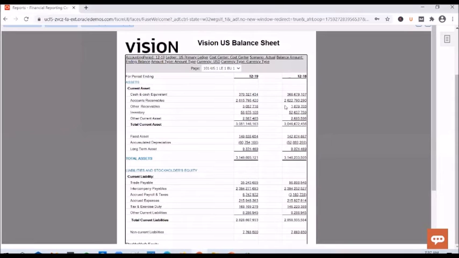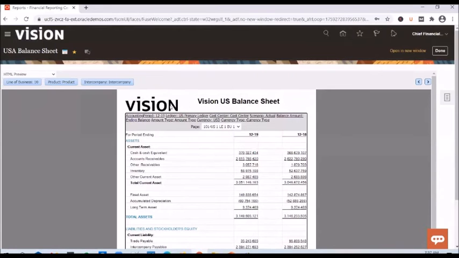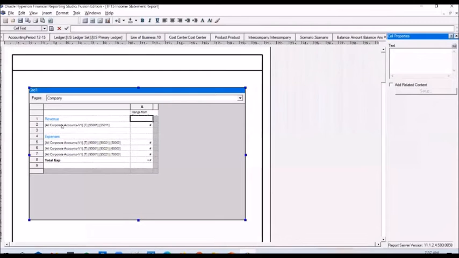And yes, we did configure the rows. We have seen how to select a row and give a custom heading. We have also configured the columns now. And let's see how to add these point of views. You see the point of views on top of the report, right? Let's see how to add it.